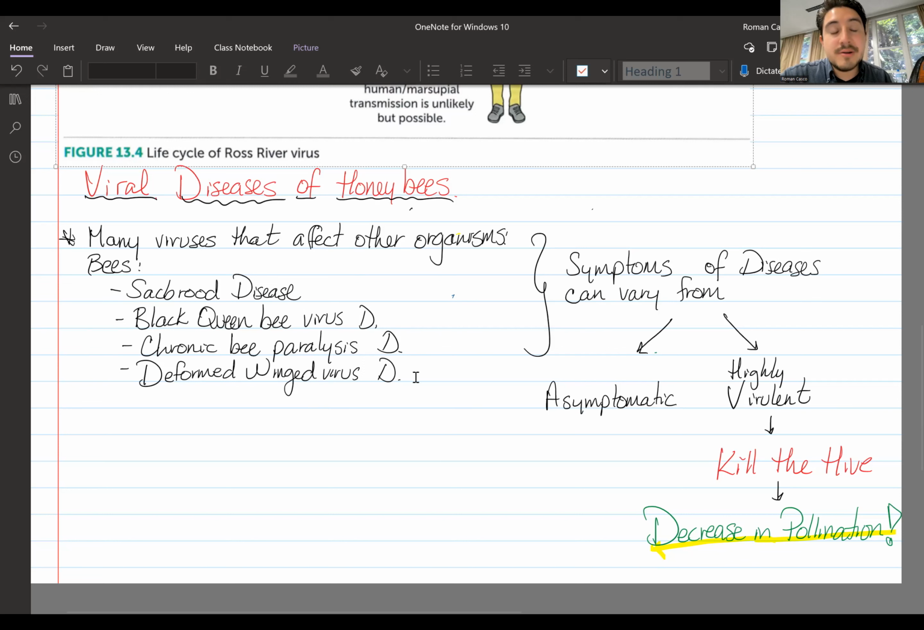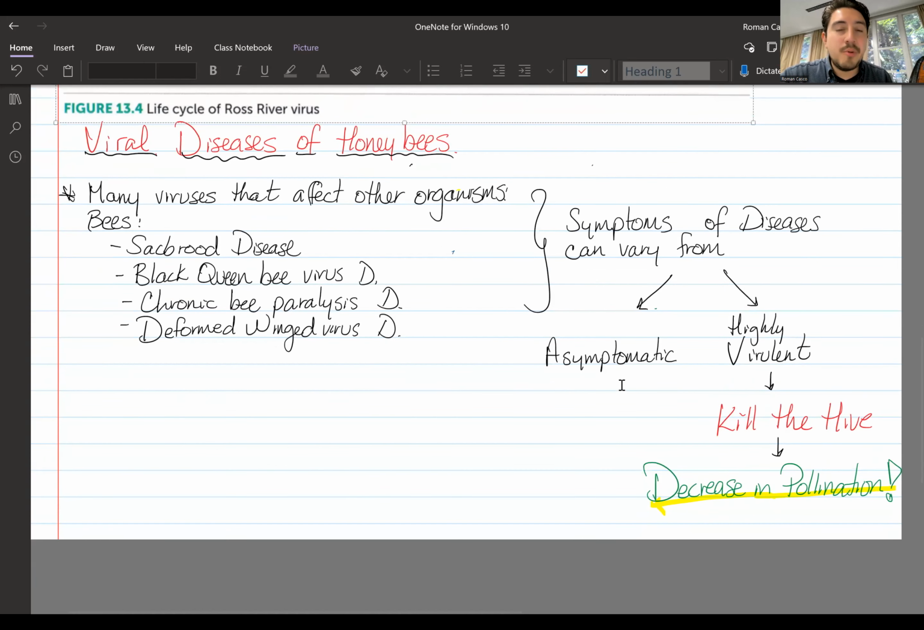So in terms of these viruses, the symptoms that bees can show could vary, right? Some can have very mild symptoms. Some can have very potent and very virulent disease symptoms, right? Some have no symptoms at all. So, but what's important to know and understand, especially in research and science, right, is that those that